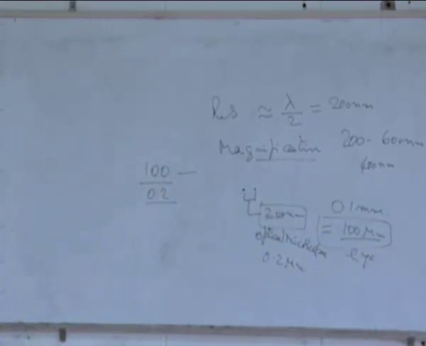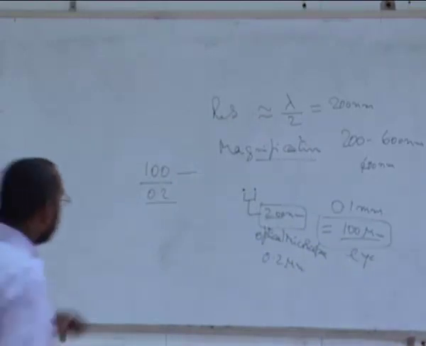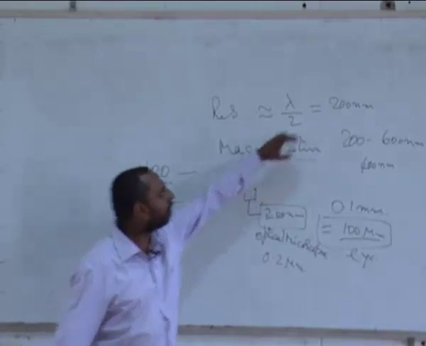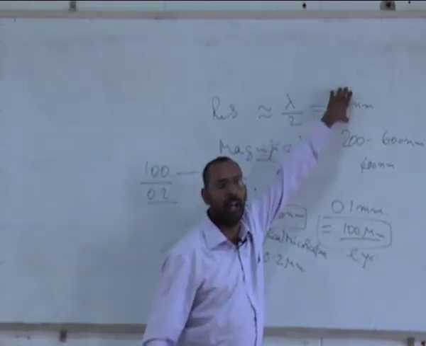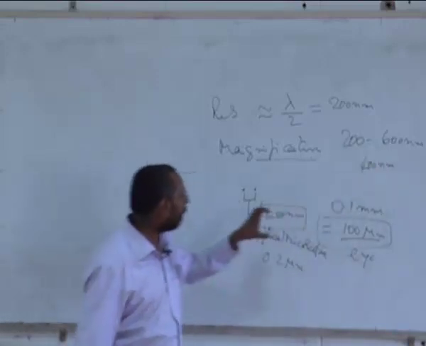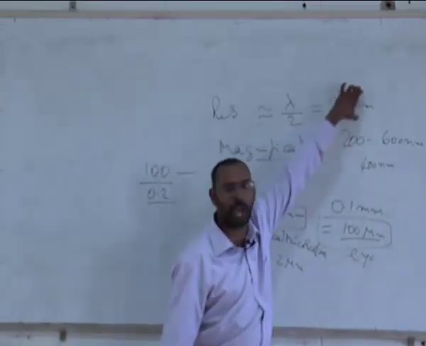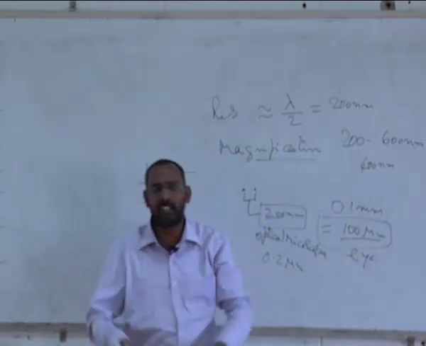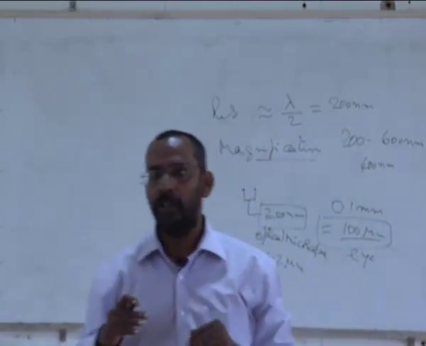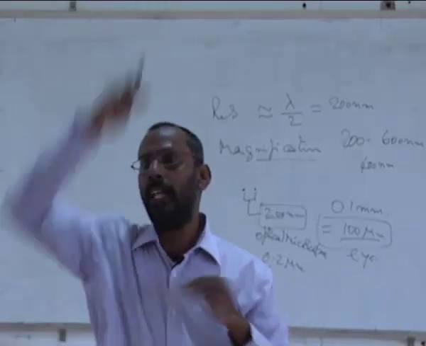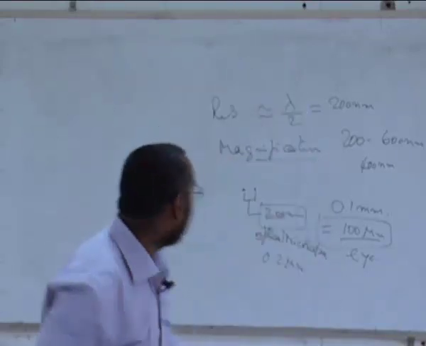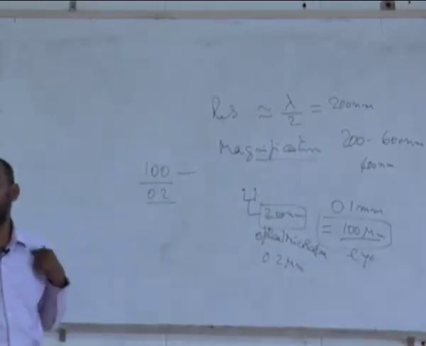So if that is my limitation, then the optical microscope, because of the light that I am using, has a limitation in terms of its wavelength, and that wavelength gives me a resolution of this value. So all the lenses that we are using inside the microscope, the objective and the eyepiece, they both should magnify the features in such a way that they bring it to the level of this, which is the resolution of my eye.